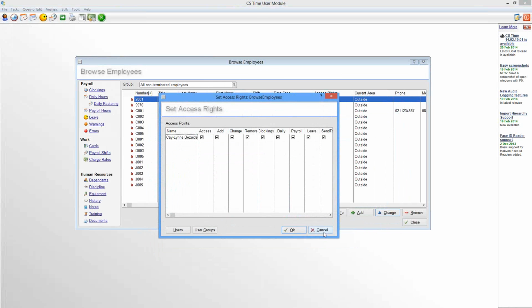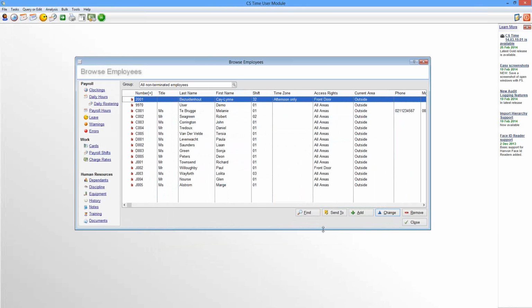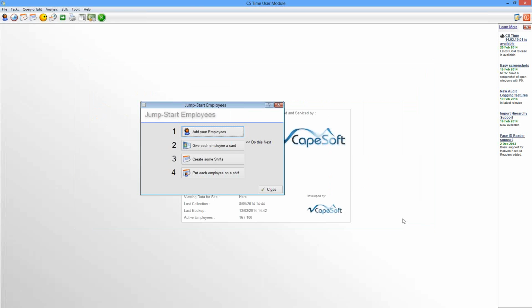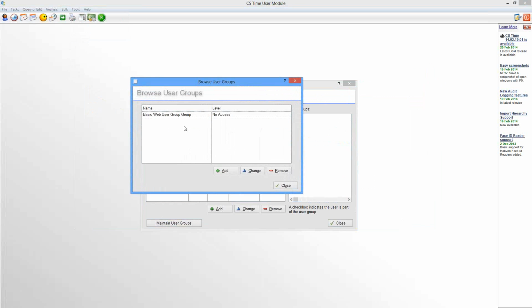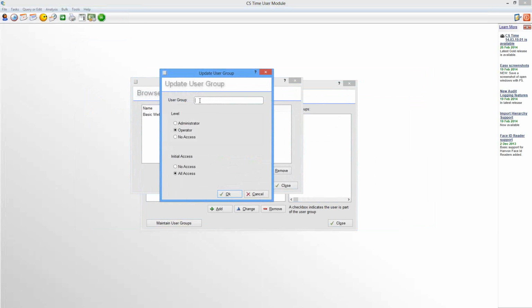What you can do is set up a user group then. So what you would do in that case is go back to your tools, go back to Browse Users, and you'll see at the bottom here it says Maintain User Groups. So if you click on that one, you can go and add your own user groups here. So in this case, let's say we've got an admin group, and they are operators, and they can have all access initially, because you're going to go and specify which screens they may not access. So it depends also on,